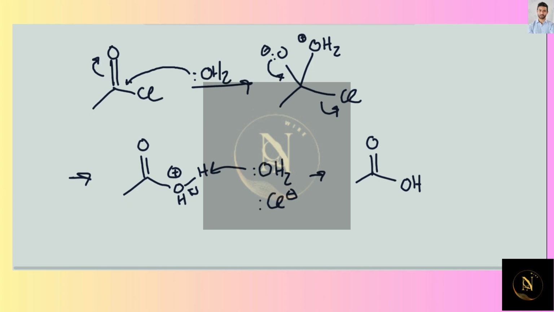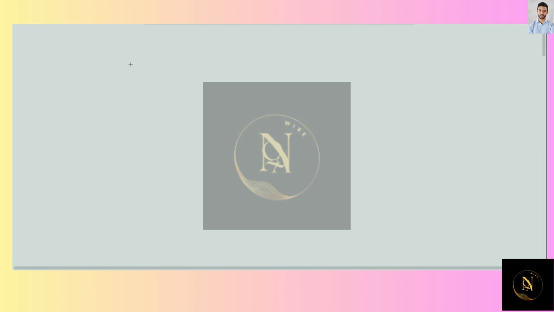Another way we may see this is that once we get to this tetrahedral intermediate, and if you ask me, this is slightly more valid. Once we get to the tetrahedral intermediate, what we see is the transfer of a proton from the water molecule either directly to the alkoxide, or even more accurately, we can have a second molecule of water come through,